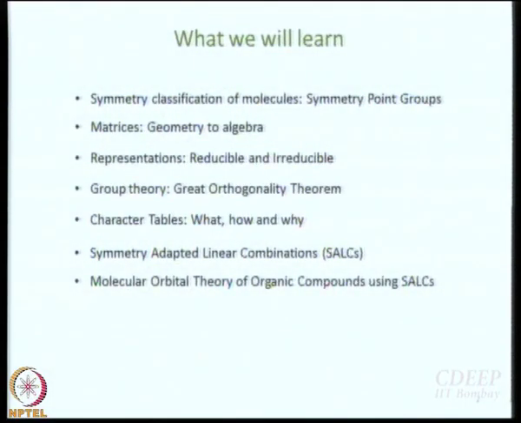So, before we go there, we will learn to do something else. This is a very useful technique. We will learn to generate what are called symmetry adapted linear combinations. Physical chemists love linear combinations. Here what we will do is we will take linear combinations of things that have a similar kind of symmetry. And once we learn how to generate symmetry adapted linear combinations, then the scope becomes really large. What you can do after that is venture into something as general as molecular orbital theory.